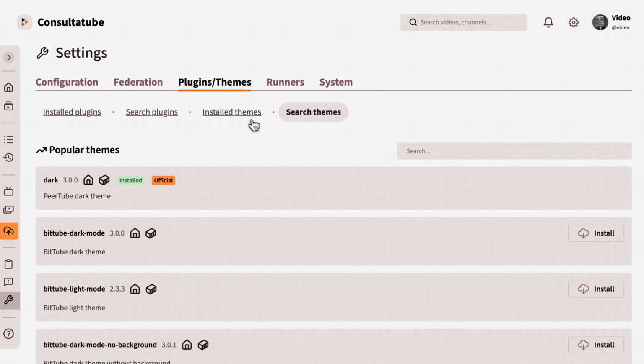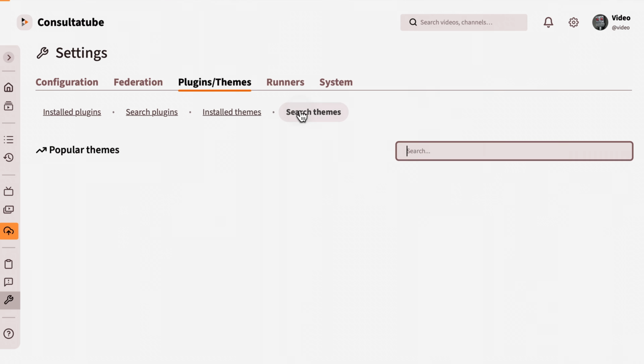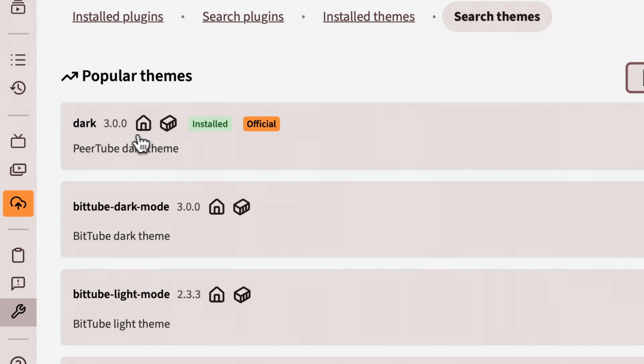And if you want to create a theme, you can. It's probably not a bad idea to grab something like the dark theme and then make some alterations to it. But that's something for another day. So that brings us to the end of a fairly long tutorial on how to set up a PeerTube instance. There's plenty of other things to do and to talk about, but those are the basics.